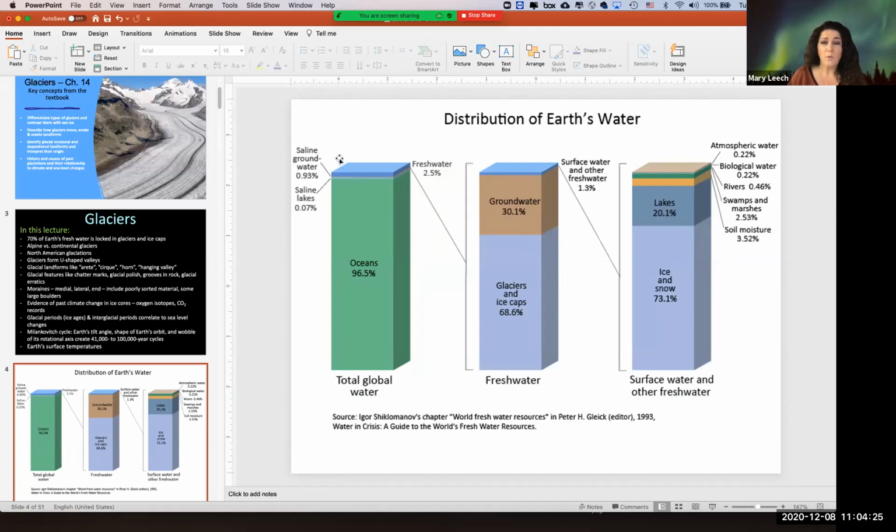So we have a precious resource in the fresh water. And if you were to break up the fresh water into different parts, you would see that glaciers and ice caps are like 70%. I'm just rounding up. 70% of the fresh water and 30% is groundwater. And only 1.3% of the fresh water is actually on the surface of the Earth. That would be lakes and rivers and creeks and ponds and all of that. It's a tiny amount of the water that we've got.